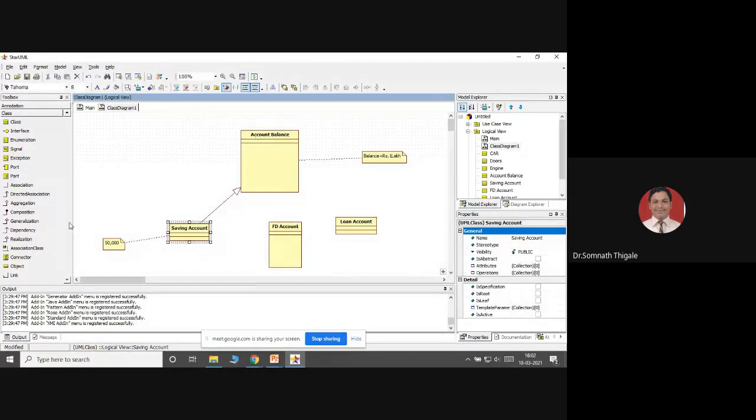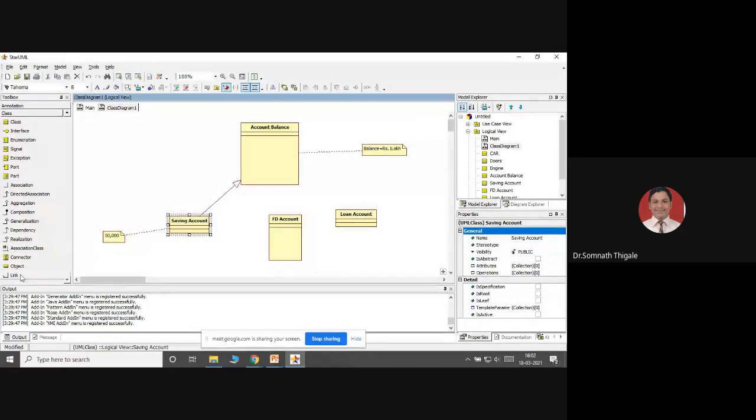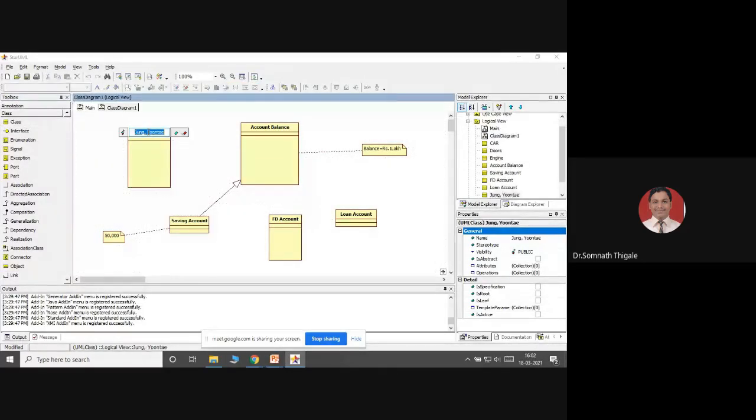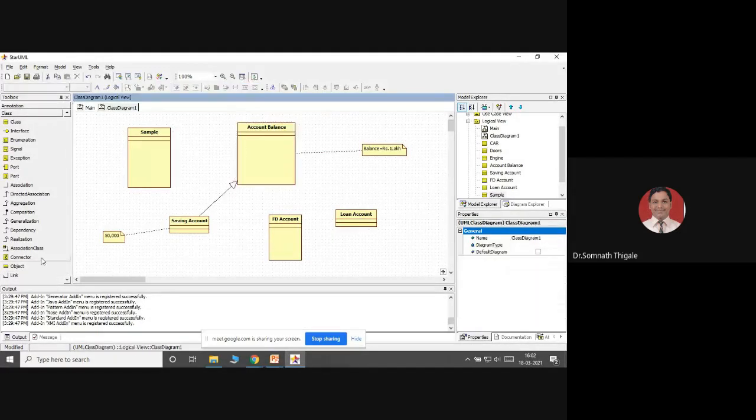Just check this out. See here, we can use this link. I'm just showing you the sample. I'll create one more class here. See this as a simple class. I'll show you the sample class, and I'm just showing it with a link. No specific elements, so I'm just adding it over here.